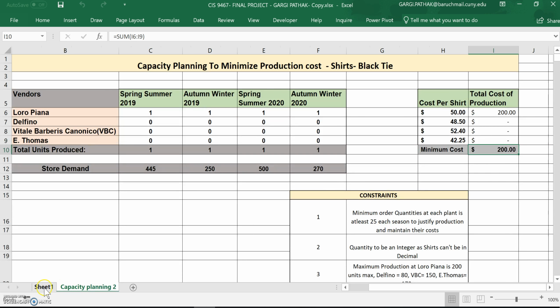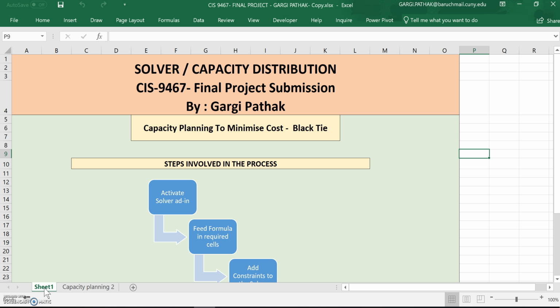During my past experience, I worked at an e-commerce brand during my past internship. I have 5 years of experience in retail planning and allocation, and I had to do a lot of capacity planning for the manufacturers of new clothes for various apparel vendors on the basis of the price they offered and the minimum order quantities they needed to maintain their production. I used to do it manually everywhere,